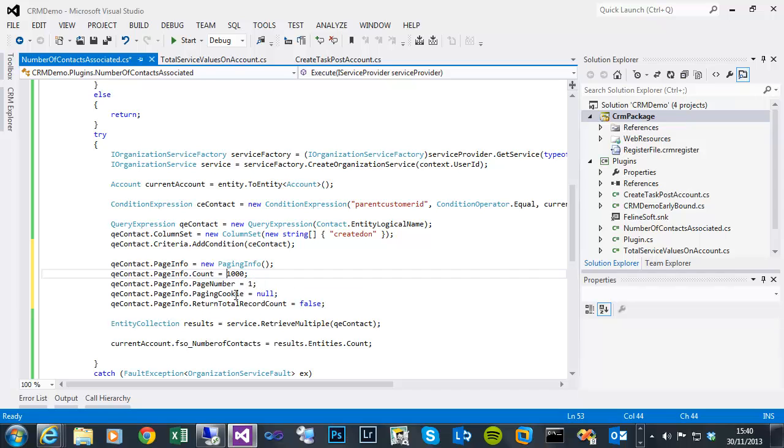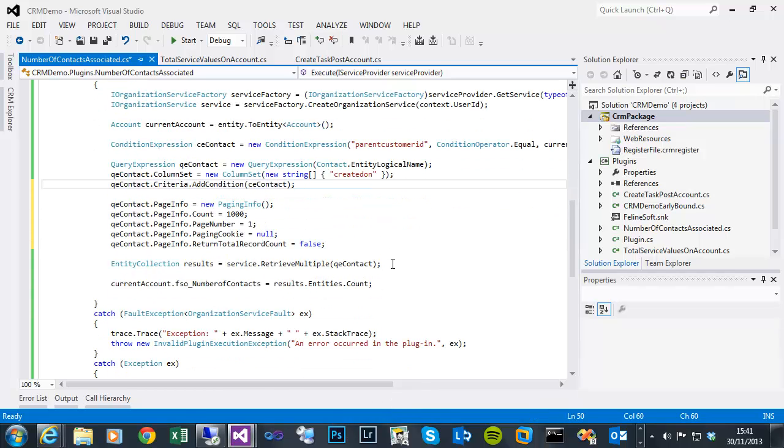Initially, we don't want a paging cookie, because the retrieve will have a paging cookie for the next set of results if there's more, which we will read back in further down. And obviously there's a property for whether you want to return the total record count. I'm not 100% certain whether that actually works, that if you do set it to true, you get a true count beforehand. So now we need to set up a while loop